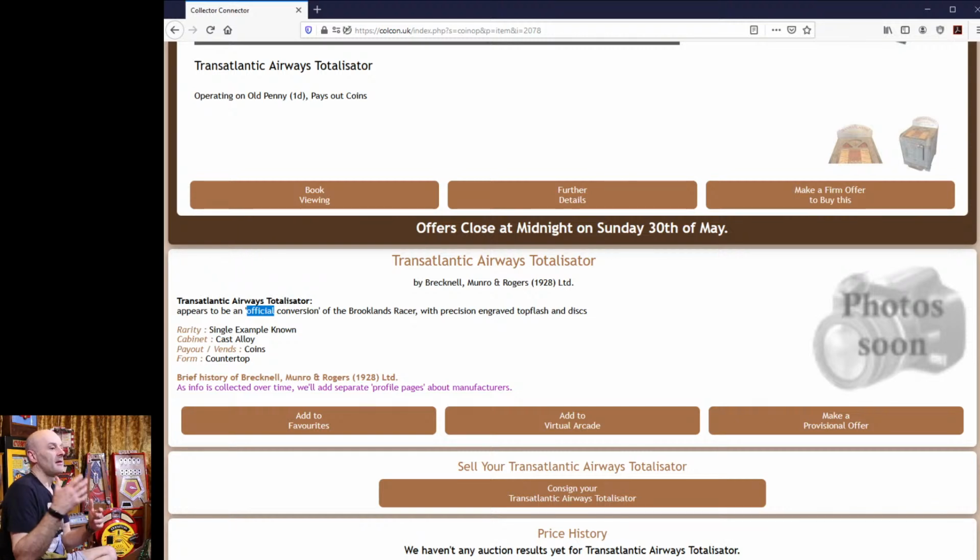Because this one batch to start it off will all finish on the same date, likely because of the delays in getting the business account opened. I'll probably extend this anyway just to give everyone a chance to view, so I might add on a week or two. But once we're running properly, the idea generally is if you were coming to view this weekend to look at some machines, you perhaps might want to bring something with you that you wanted to sell, and then that would be photographed in the week and added to the website as when I got around to it. So there'll be a continuously rolling